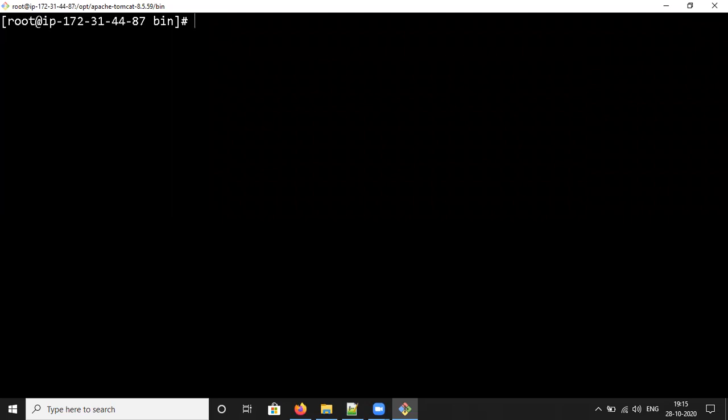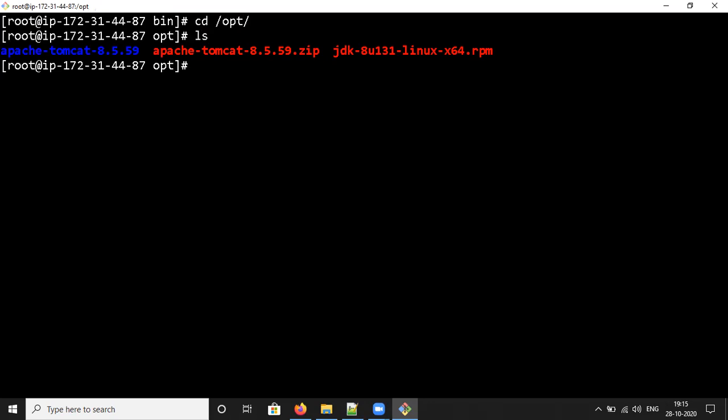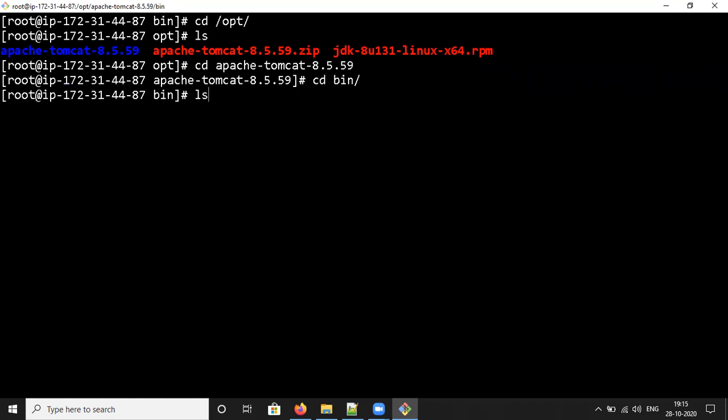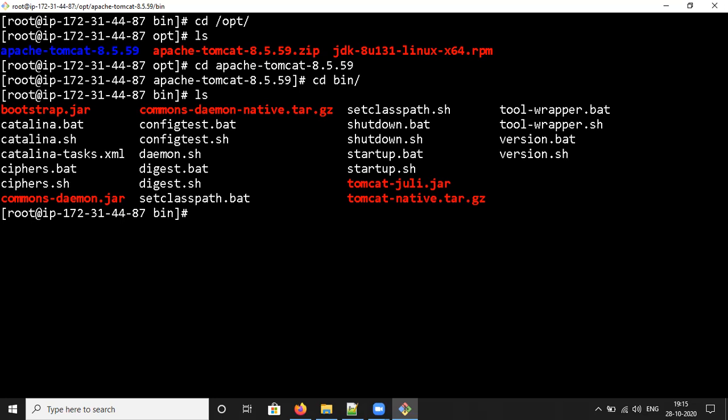While creating the soft link, you need to get into the opt directory, then cd bin, and then cd to the opt directory.